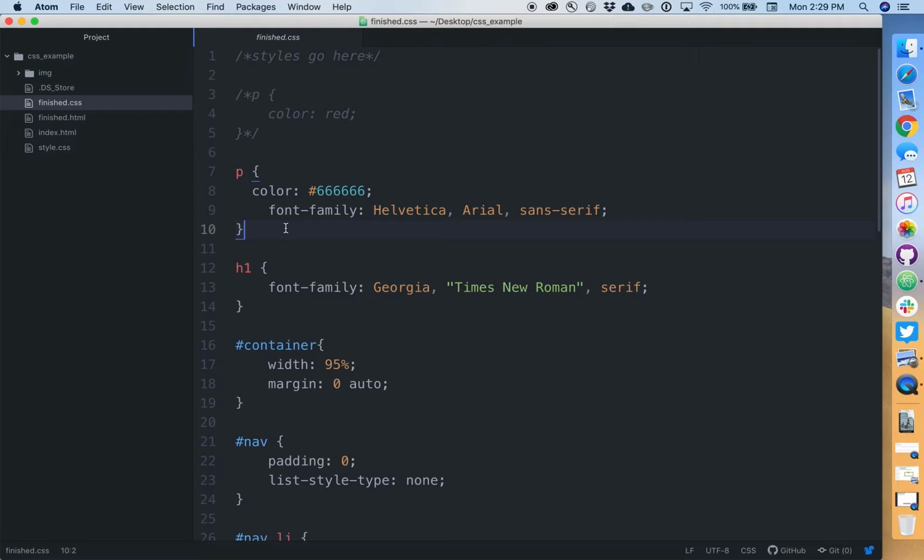We're 10 lines in, and we are starting to figure out some stuff. This is commented out, so the paragraph isn't going to be red. This is not, so the paragraph's going to be whatever this mysterious color is and have these fonts on it. So that's pretty cool. Now, the H1